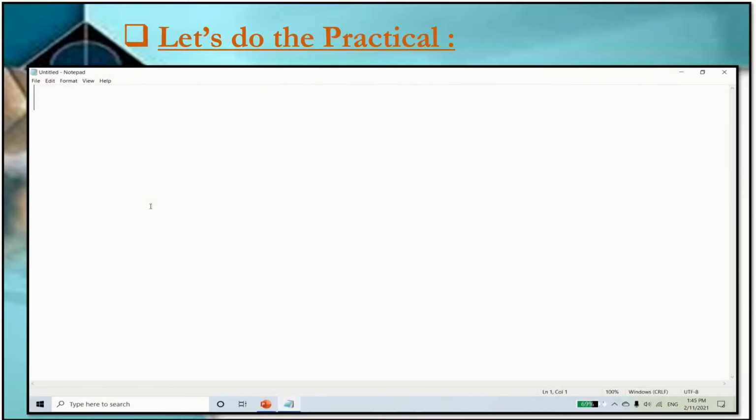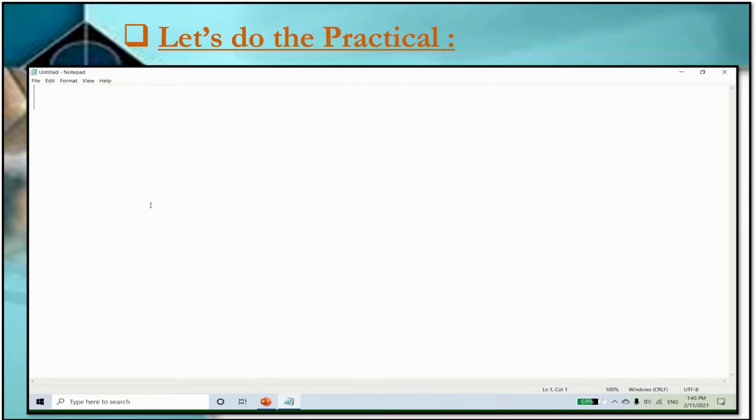So students, let's learn how to save the file through this practical. Here I am showing you how to save the file. First, here the options were given, that is file, edit, format, view and help. So we will go to the file option. Here you can see, we will click on the file option.